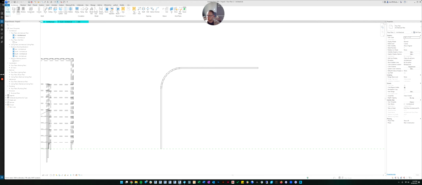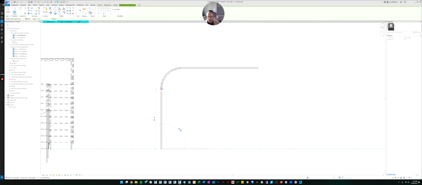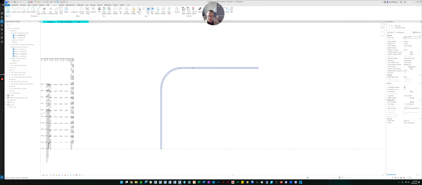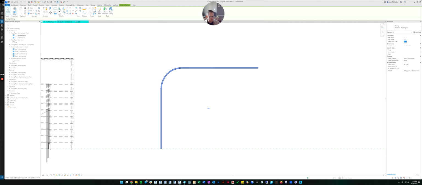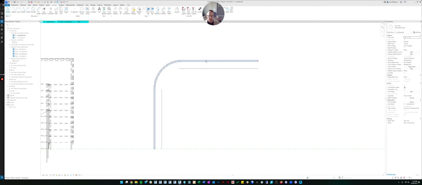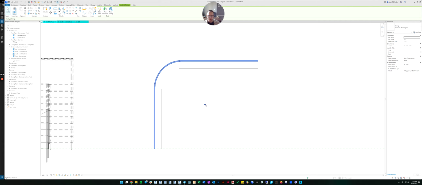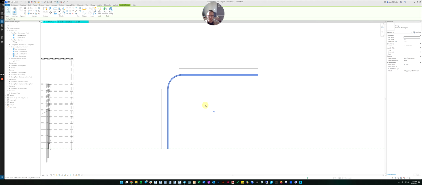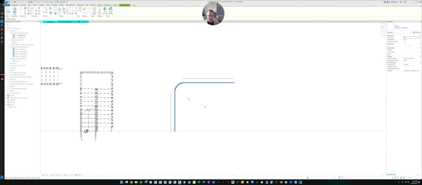And let's do, just so that you can see, I'm going to draw a line right where it currently is. Okay, so now if I do a base offset of 1 foot, it moves the railing 1 foot away from where it used to be. And then if you click the railing, if it didn't offset it the right direction, you can click the railing and there's this little flip button and you can flip it the other direction.